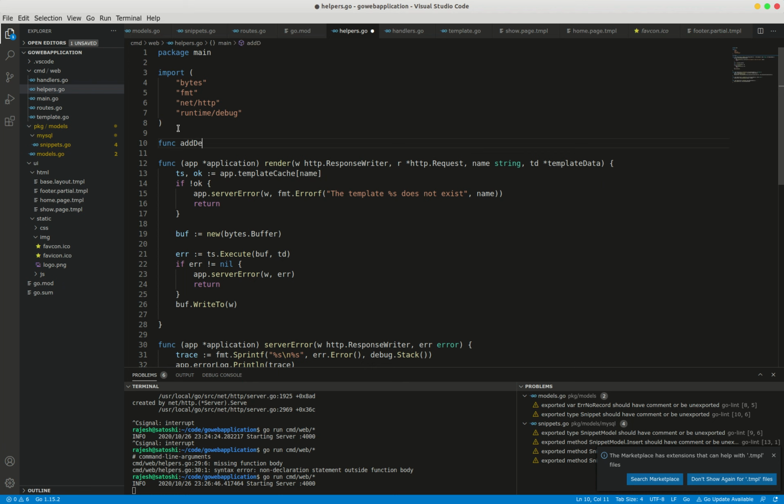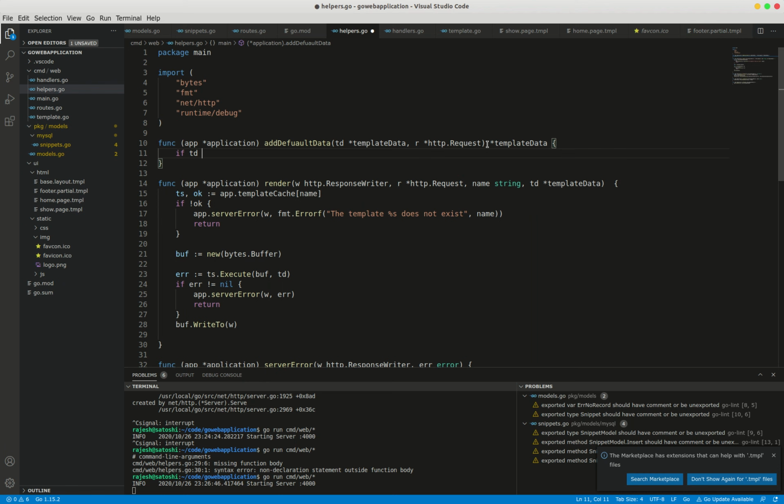Func, application, addDefaultData. I'm sorry, I have to use the dependency injection. It takes the template data.